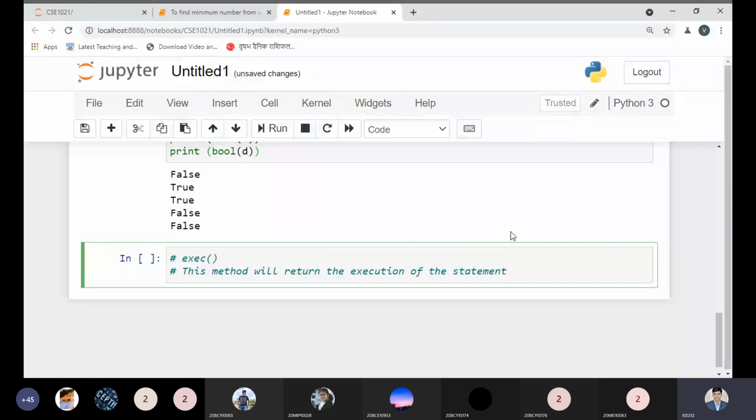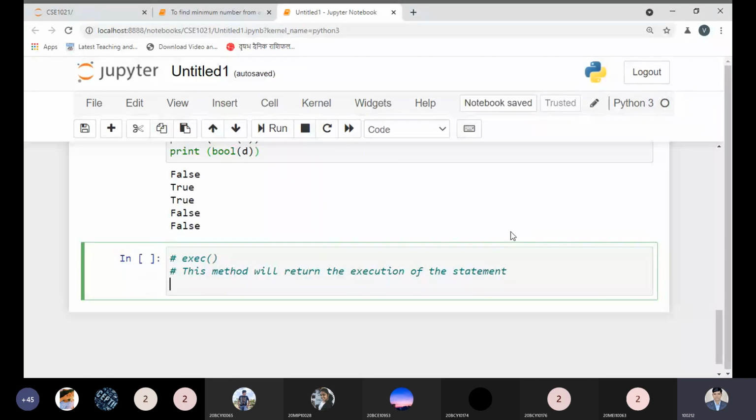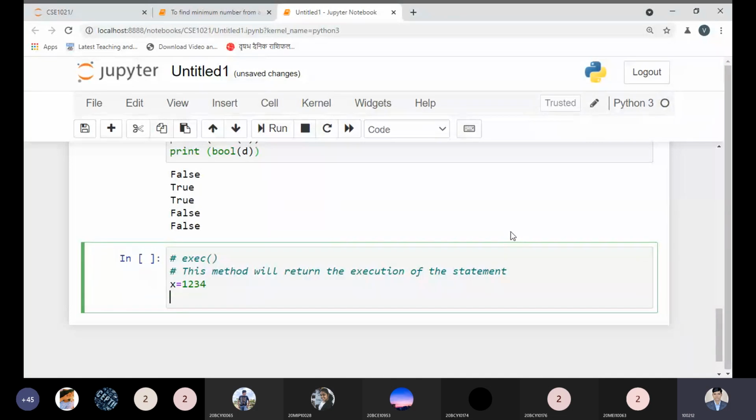So what is the statement we have? Let us understand. Suppose I'm taking x that is initialized as 1, 2, 3, 4. In this method, you can write print x equal to x.